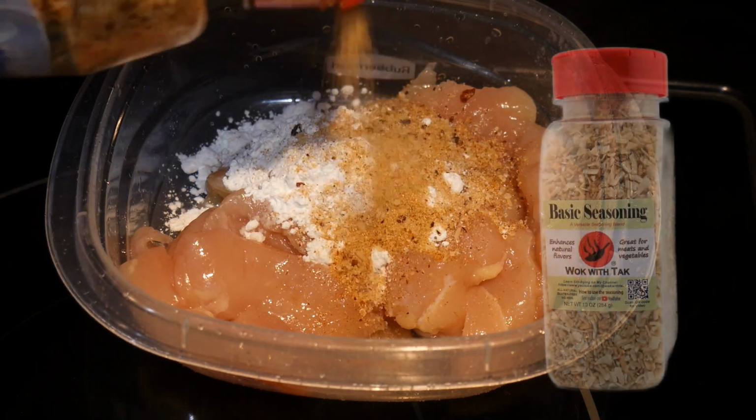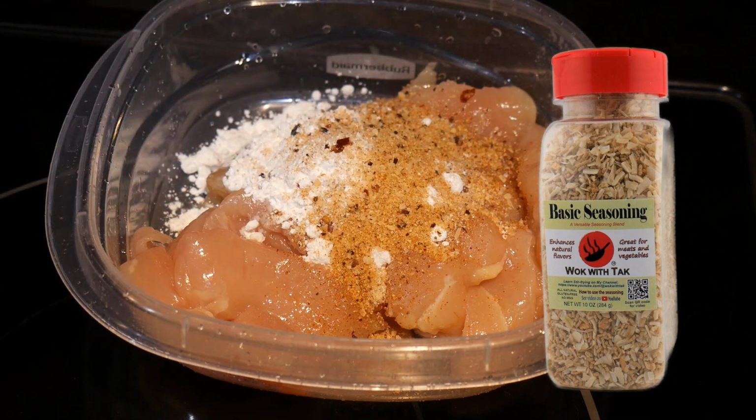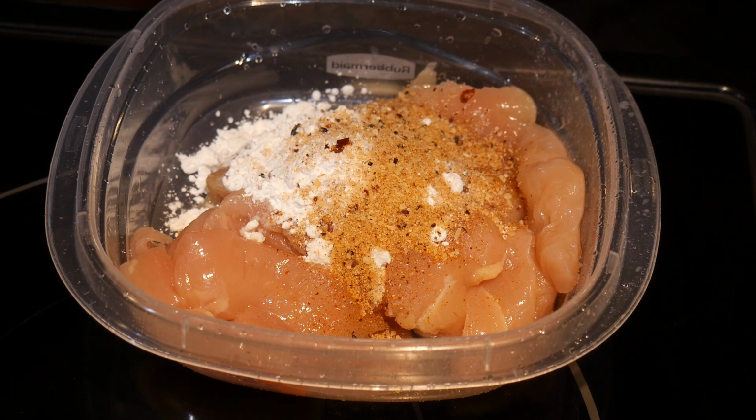To enhance the flavor of the chicken, I'm going to add a little bit of my basic seasoning mix. I created this basic seasoning mix based on my experience of using different herbs and spices. This turned out to be an efficient way to allow me to cut down the time that I need to